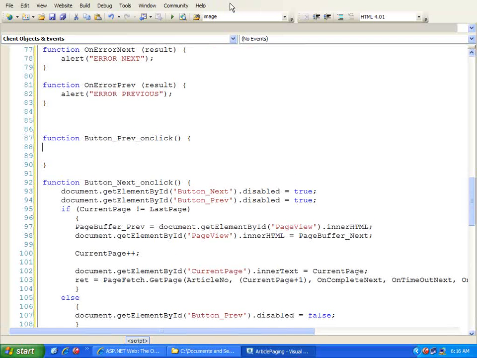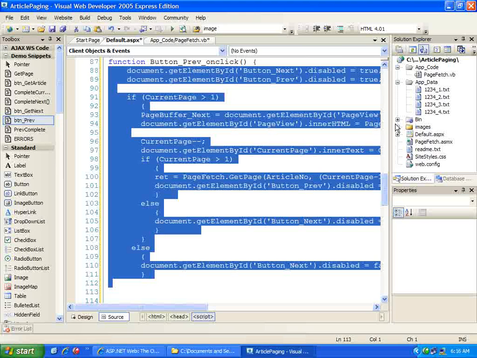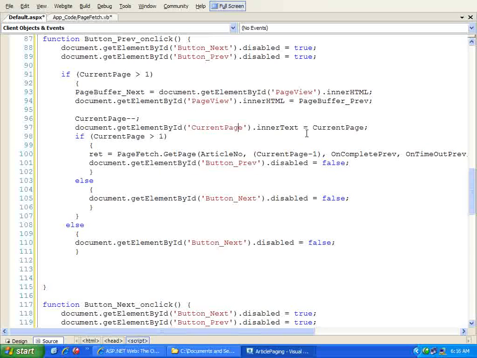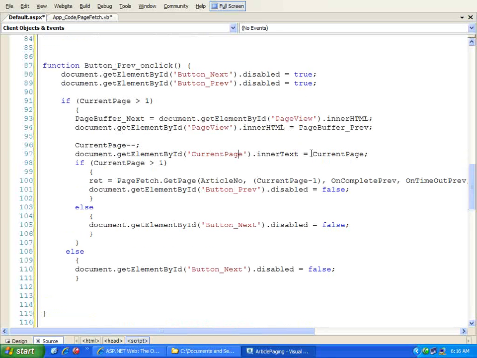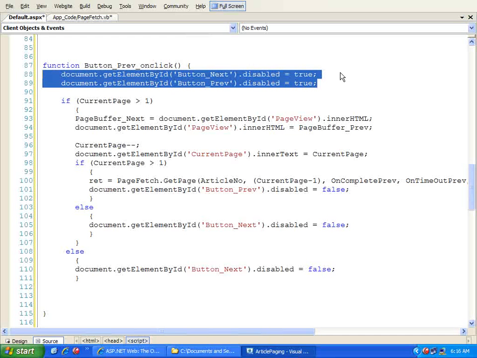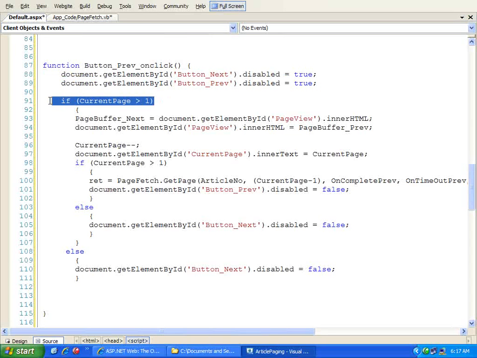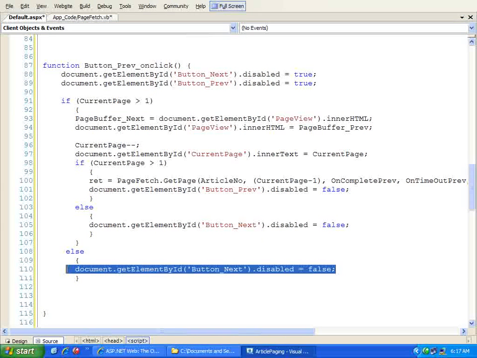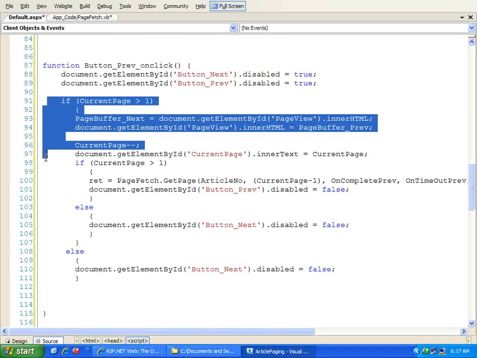Similarly, with navigating previously viewed pages, again, we're going to set both buttons to disabled. If the current page is not greater than 1, that means that we're on page 1. So we're just going to go ahead and turn the next button on. If they're on page 1, there's no previous page to go to, so we don't have to turn the previous button on. But otherwise, we're going to